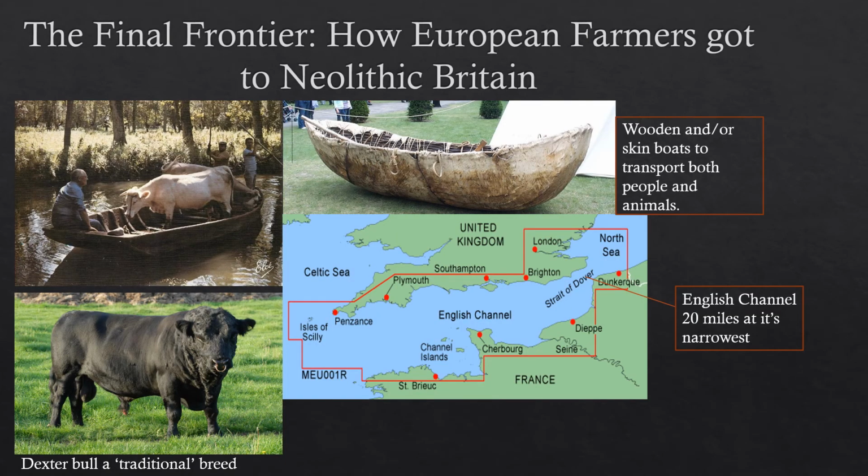One of the most intriguing observations that we can make about the journey to Britain is that we can confirm how proficient the Neolithic farmers were in producing boats that could have towed or carried animals across the British Channel. Boats of this period have never been found. However, the estimates have said that they can carry up to 1,000 kilos, and they would have needed this as well. The quote-unquote wild breeds of cattle that are bred today, such as the Dexters, can grow up to 300 kilos,